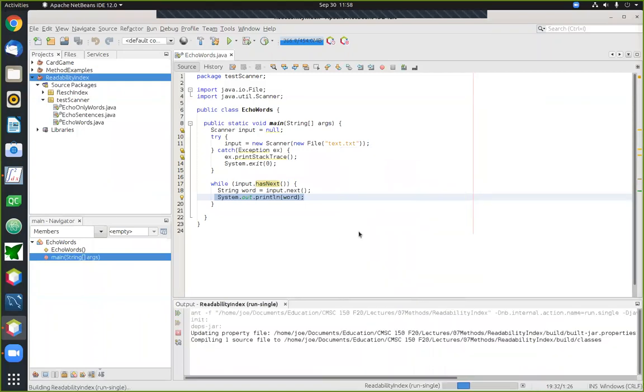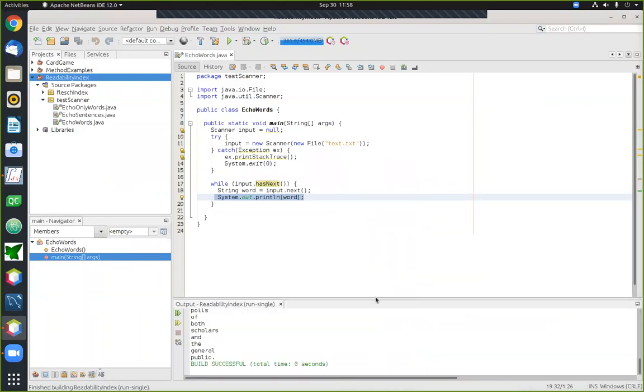Let's run. Okay, so here came the words. They flew by pretty quickly. There's quite a lot of words in the text. And if we just simply scroll down here, we see that this is largely successful. The only thing that's a little bit annoying is that when you print the words, many of the words get printed along with punctuation. Now, the reason for this is that when you call the next method, what it will do is it will start reading stuff from the file until it sees something that looks like a separator that breaks one thing from another.